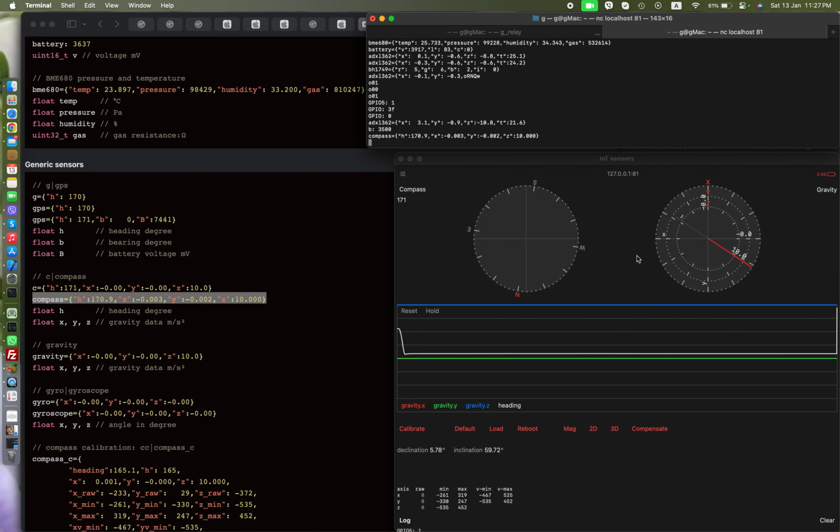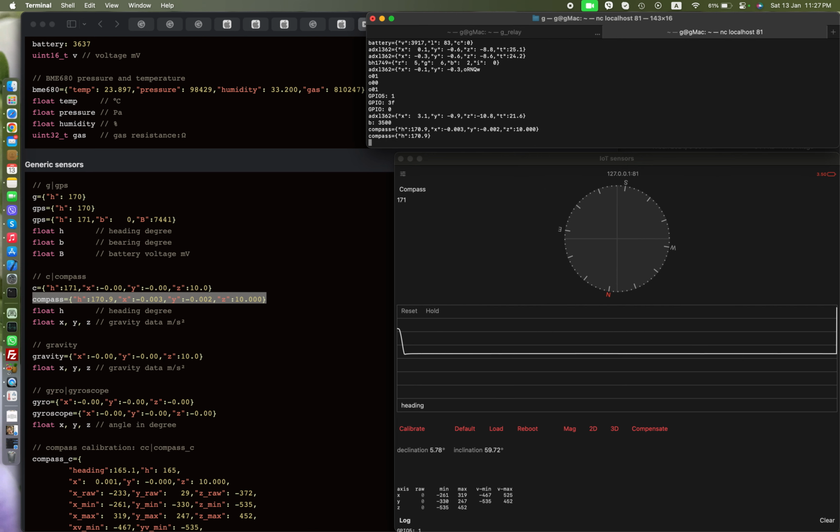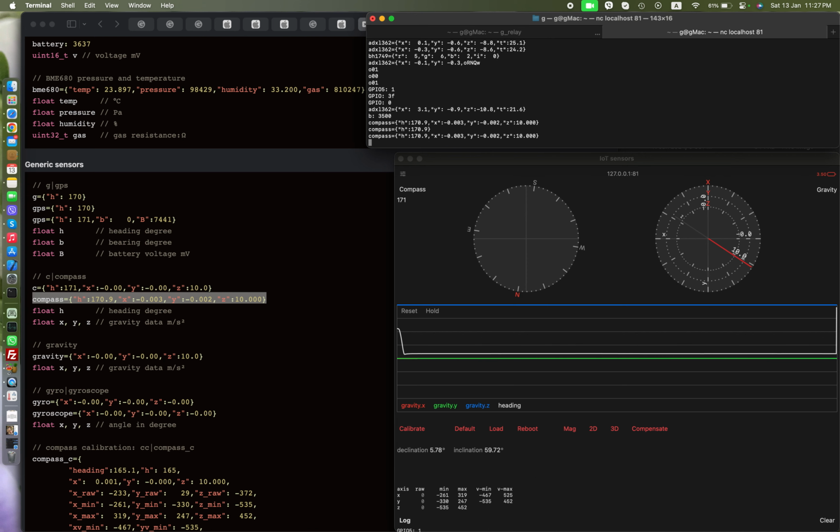And now the UI changes to compass with gravity, because that's what we sent. If we send compass only heading without any gravity, then the gravity data will disappear again,